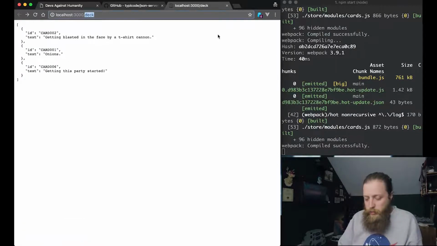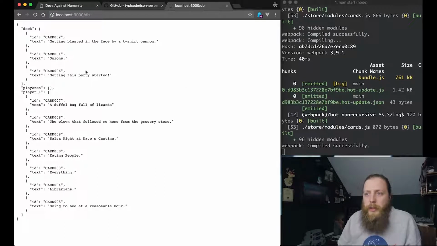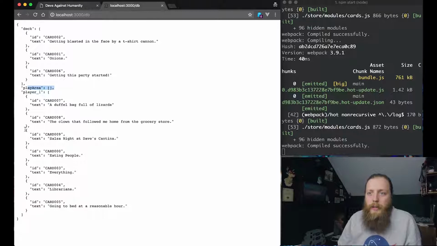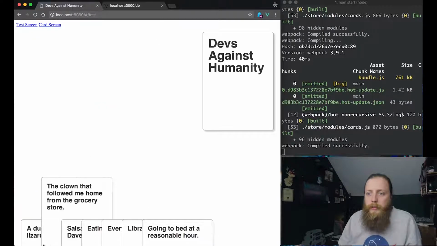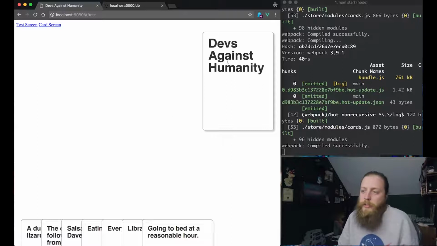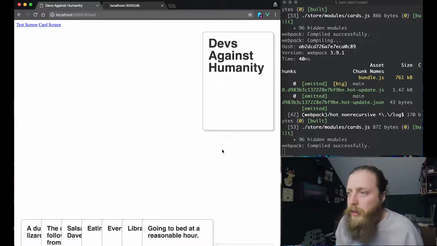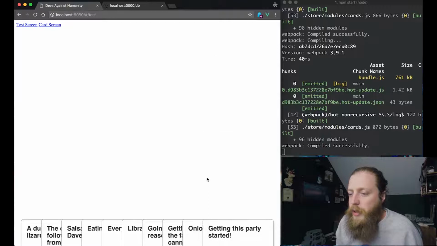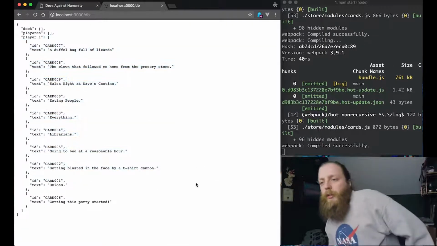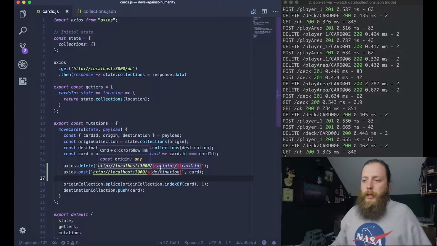In fact, if we just go to the DB, we can see we've got this mirroring exactly what we see. So nothing in the play area, a load of cards with player 1, and 3 cards in the deck. There's 1, there's 2, there's 3, and now they're all in player 1's hand. So that works, but